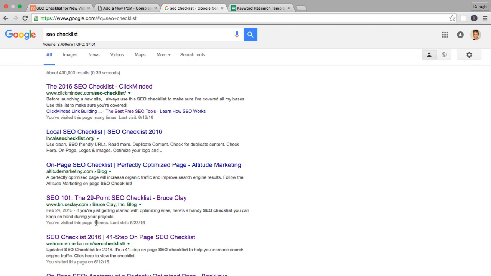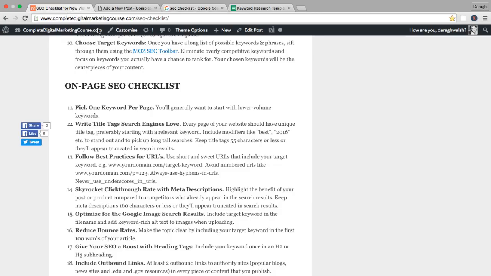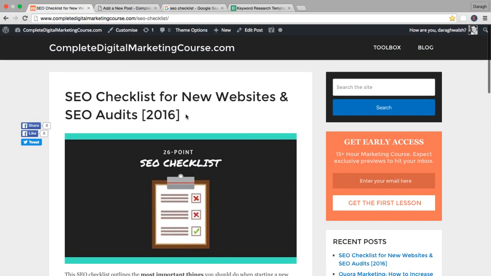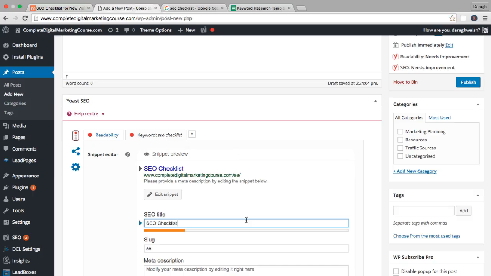If there is something like this that would often get updated or need to be updated, people will type in small little modifiers like the date. So you can add that in if you want. And I've actually added that in my title here. If you'll notice, I've just put it at the end. So potentially I can pick up some additional searches for that term if someone types in SEO checklist, but really as well just as an indication that this is up to date and is up to date compared to the other ones in the search